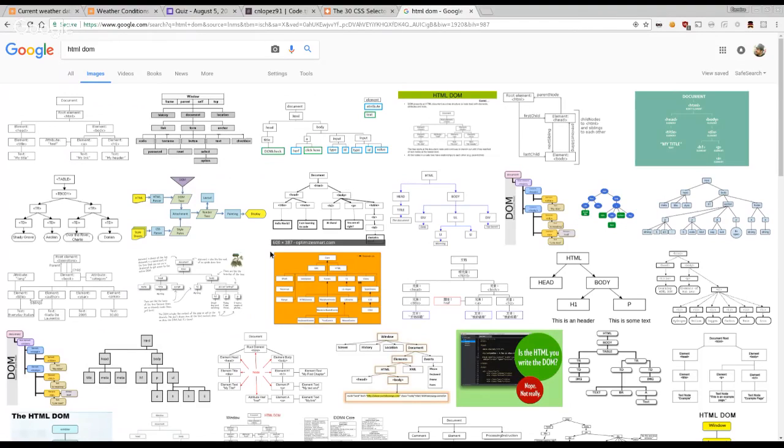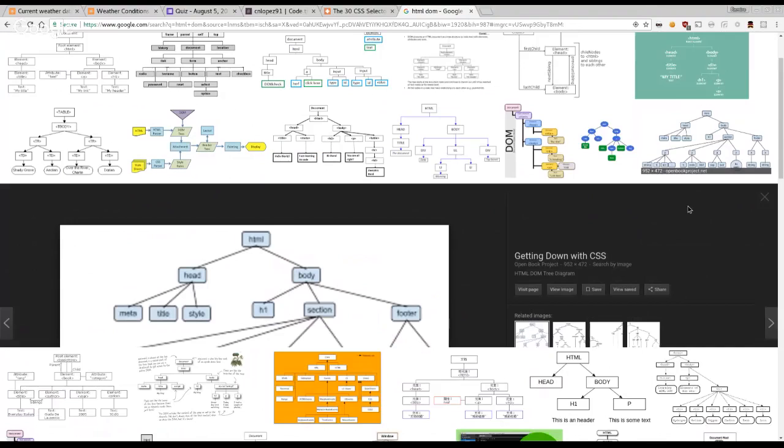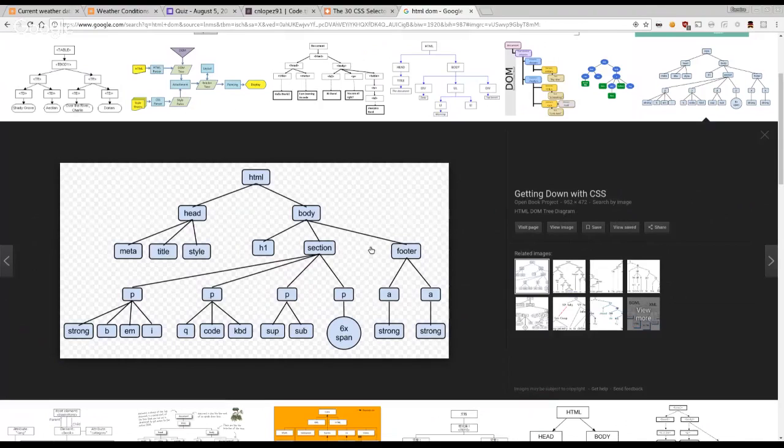So, you know, when we're writing HTML, that's a text document, right? So it's just a series of characters. Now, when the browser reads that text document,